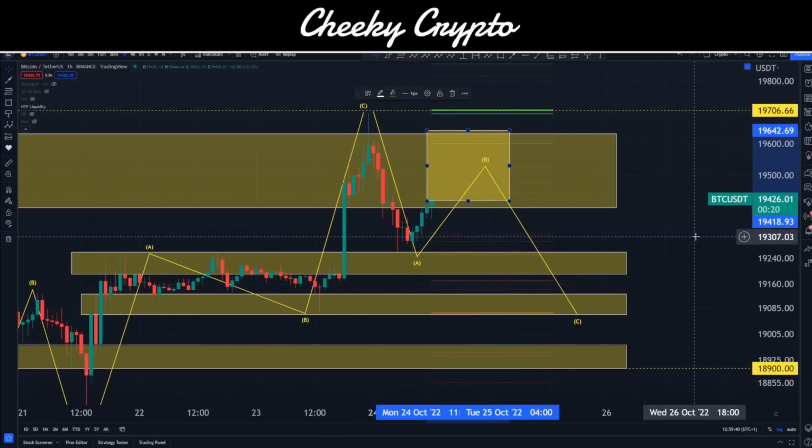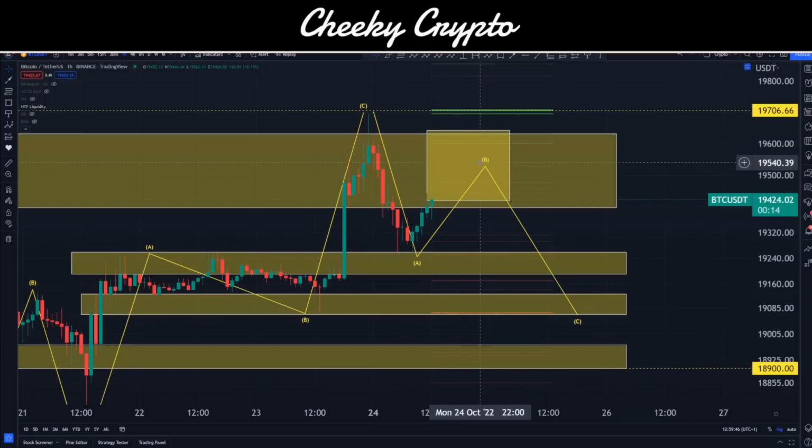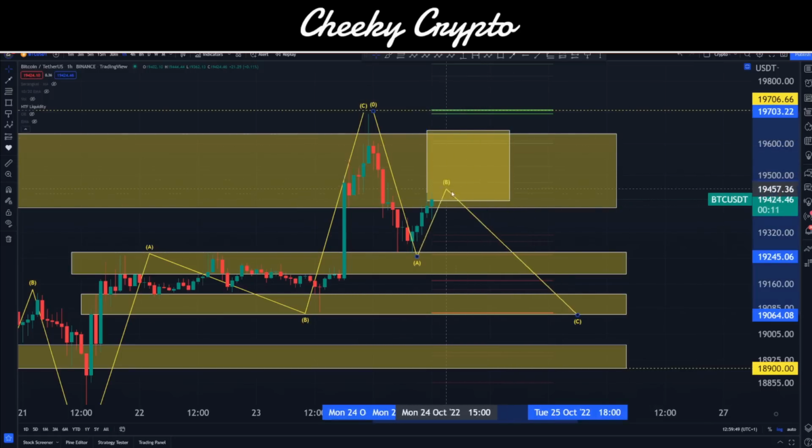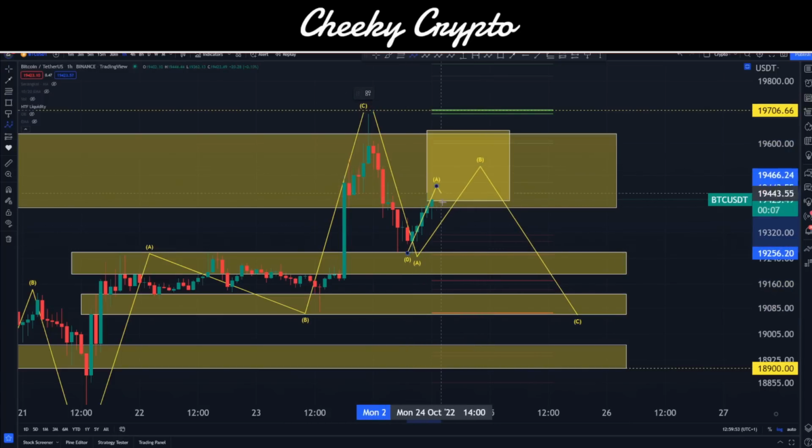Now, this range is 19,418 through to about 19,642. And we could be anywhere in there. It's really hard to be more predictive over that. Now, I would expect it to be 3 waves, though. So we'd go up this, something like that maybe,